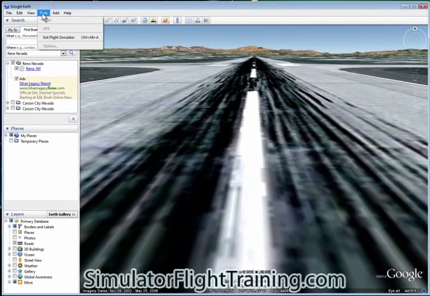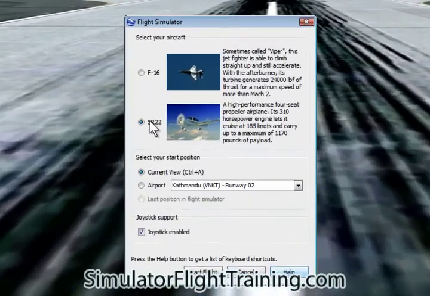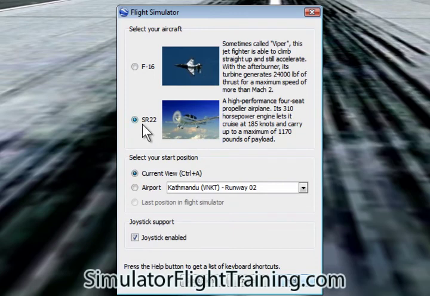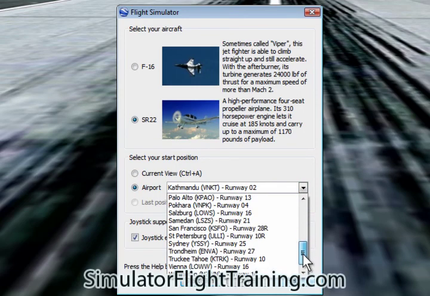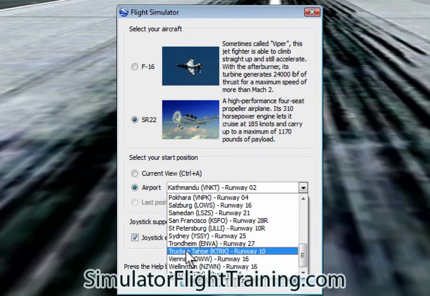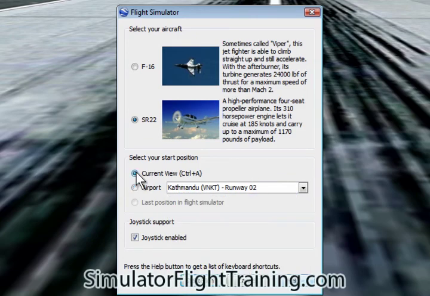So we're going to go up here to Tools, Enter Flight Simulator, and we select our aircraft. We're going to SR-22, and we're going to select our start position here at the current view. Now you can go to different airports if you wish. They've got some of the larger airports here. They've got Truckee, which is right near Reno. There is World, New York, whichever airport you're after. But we're going to start here at the current view